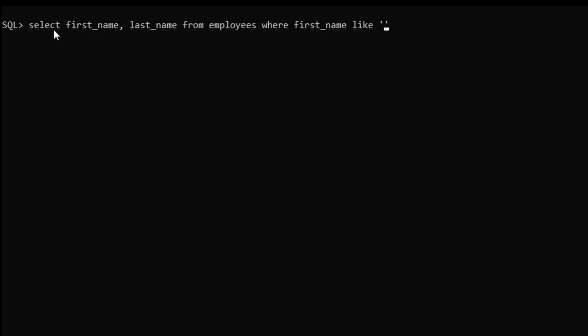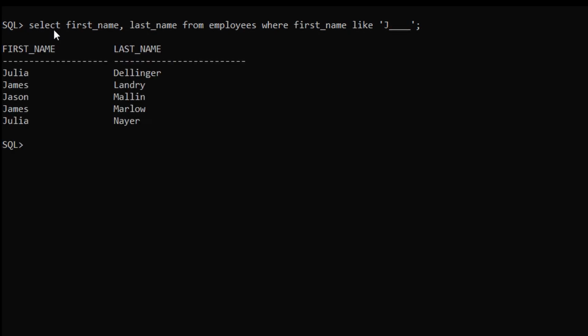Our first condition is the first name starts with J. So capital J, and it is a 5-letter word. So we have to give underscore 4 times: 1, 2, 3 and 4. After hitting semicolon and enter, we will get the employees whose first name is 5 letters long and starts